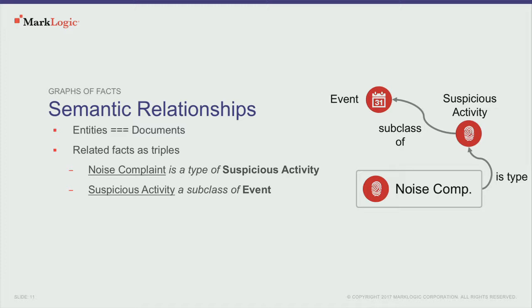So imagine all the rich graph of context that you could have just by having these hierarchical documents that represent a whole entity, along with this graph of related facts. Really, that's the key of the multi-model approach: to represent entities in their most natural form in documents, plus all of the related context in these assertions of facts in triples. And we've built up our storage models and our indexes to support both of these types of data representations.